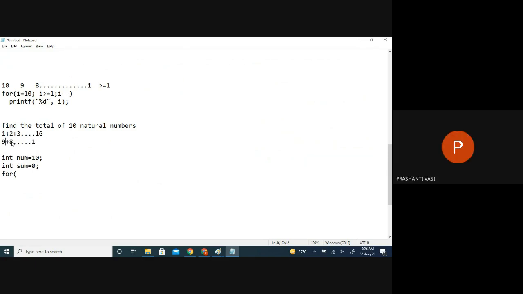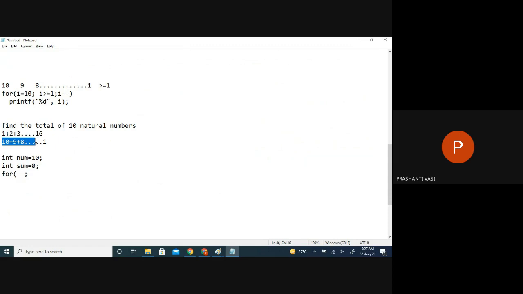Okay. So that means I have to start the loop from which number? 10 itself. So the starting point is already given. Initialization is already done outside the loop. So I will leave this step blank. Initialization is no more required as it's already done. It's not that we have to do it inside the loop only. We can do it outside the loop also. The value should be initialized. After that, till where do we have to do the addition, how many numbers do we have to add to the sum?